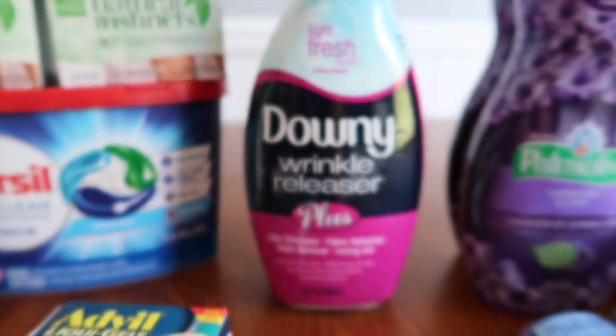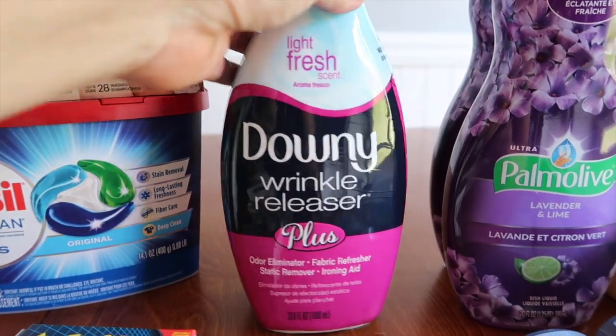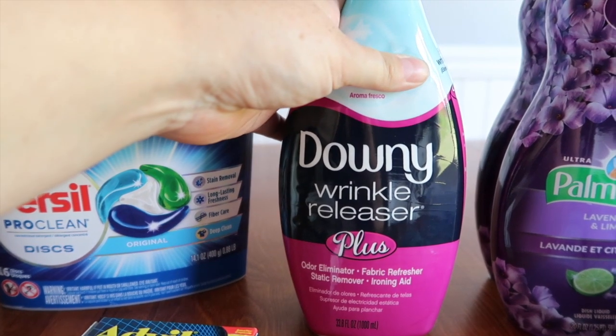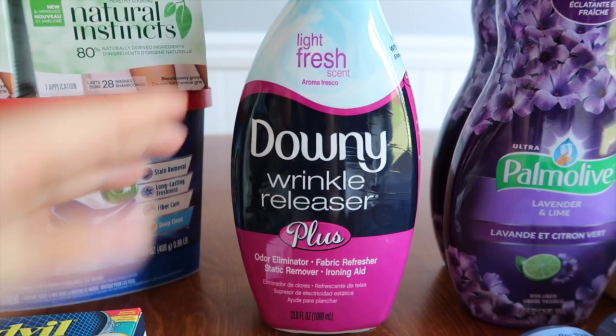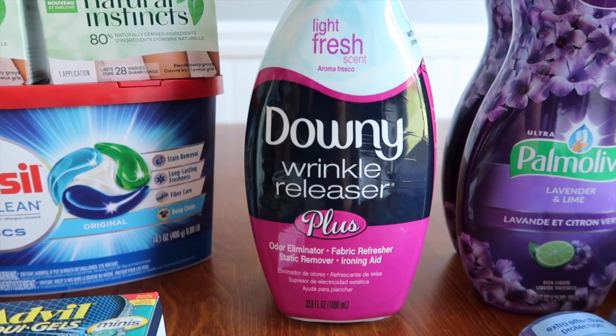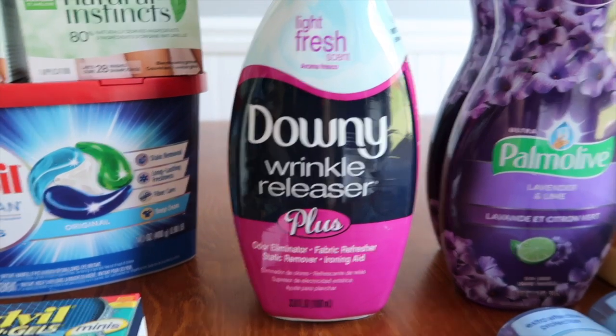Here's another fantastic little deal on the Downy. This is called a wrinkle releaser. It is a big mama. It is 33.8 ounces, so you might have some wrinkled clothing, you throw that on and it's gonna get the wrinkles out of the fabric. This guy is